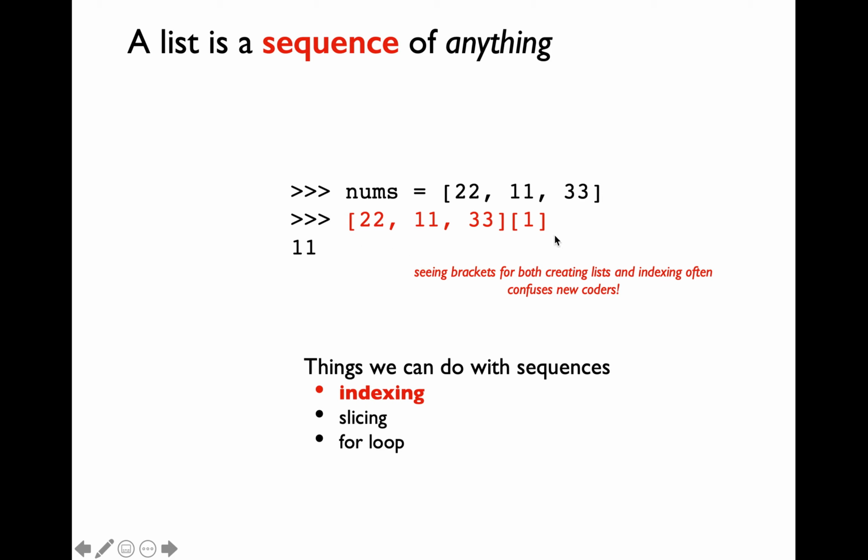The problem with this particular example is that there are too many square brackets, which can be confusing. The term for that is called overloading. We are overloading the meaning of square brackets, and it has multiple meanings. The first set of square brackets is for defining a list, and the next set of square brackets is for indexing. Of course, we already know another use case for square brackets, which is slicing, correct?